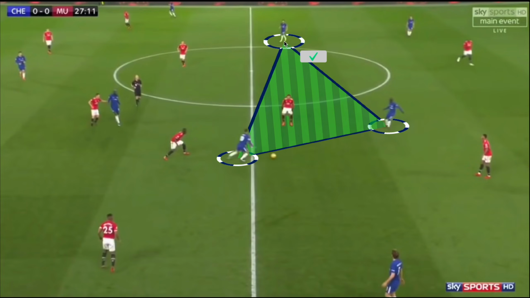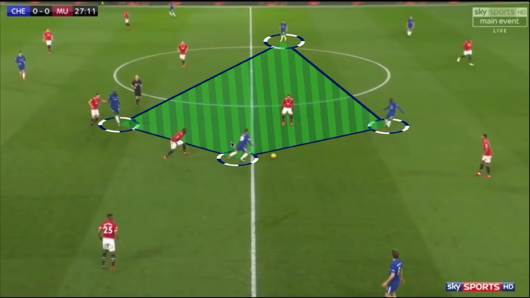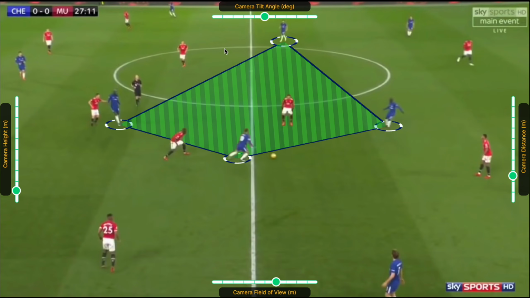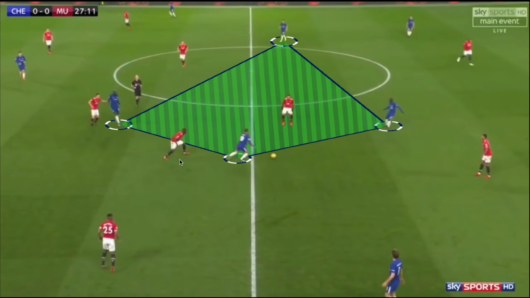Now we'll look at the midfield shape again, and now we'll see Hazard changing his positioning into the half space, rather than playing as a natural number 10 in central areas, but he drops into more of an 8 position, switching with Bakayoko, allowing Hazard to get on the ball deeper and link up with his more creative midfielders. This also then further pulls the central defender out of position